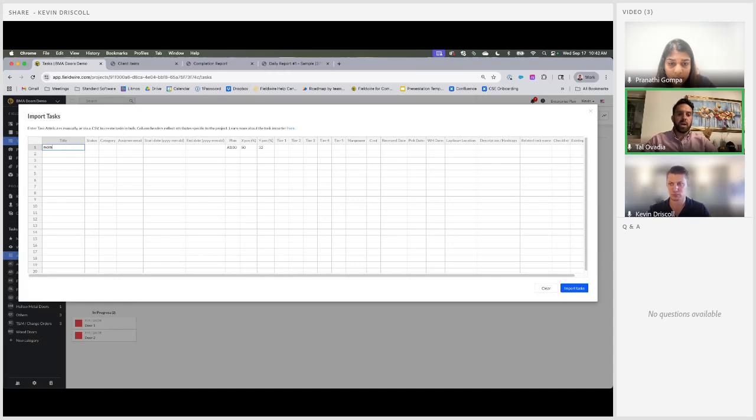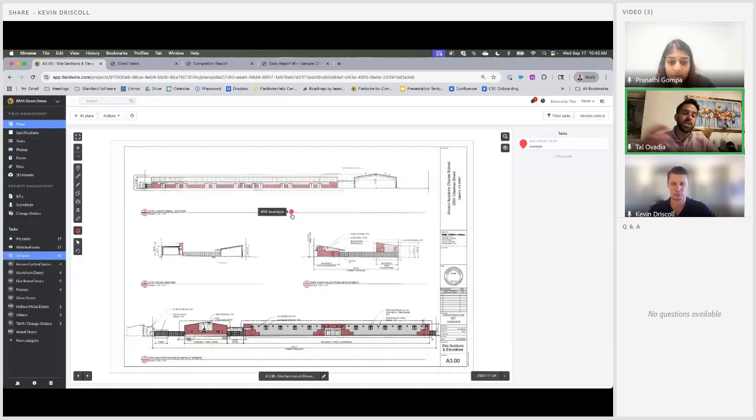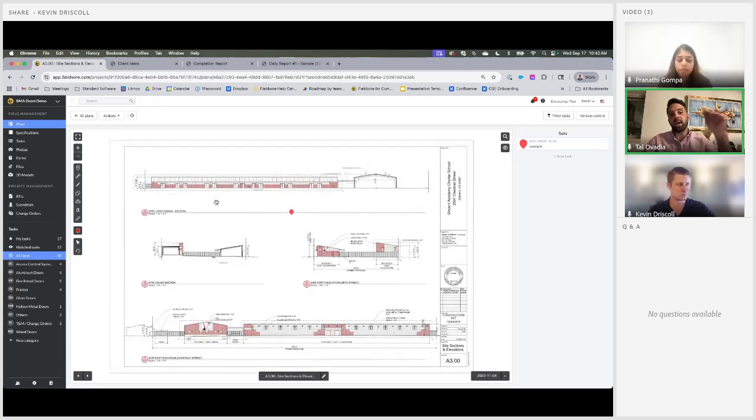So it is a manual process to go from the plan, like that sidebar, to actually dropping it on the plan. Before we discovered that you could input the plan information, it was actually going out from the task itself, associating it with the plan, and then dropping it on the plan. So that was a step that we cut out, and it cut that manual time by more than half.